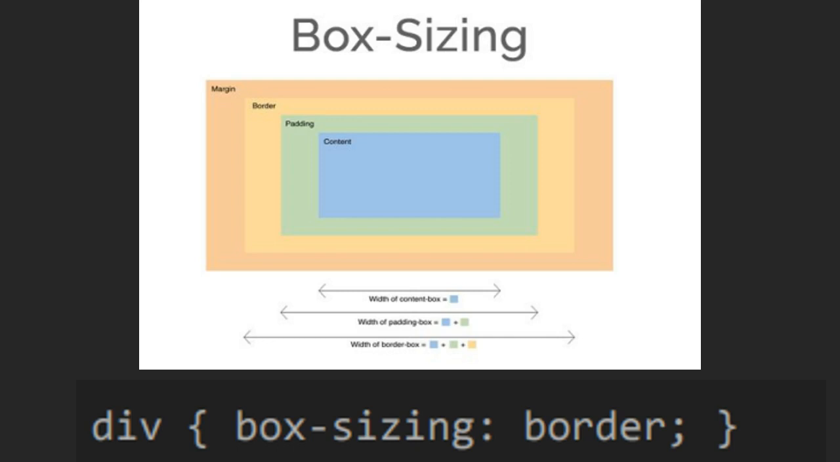Okay, so if you place a margin, as you can see we have margins. We have the border, we have the padding and the content. So padding is inside and margin is outside the border. Well,